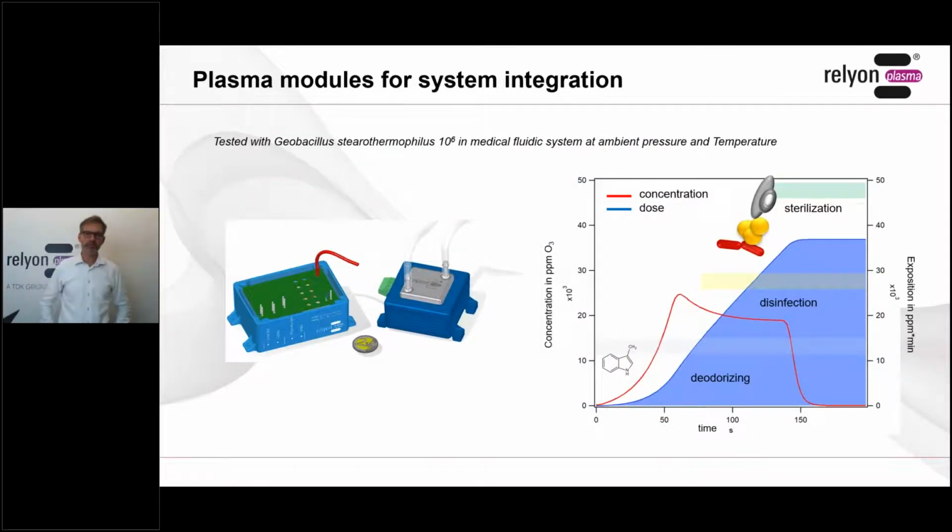Now let's come back to this medical application for integration into appliances. Here I show the hardware that has been tested in different fluidic systems, and of course then we don't have to choose the ones that are very sensitive, but we choose spores of much more resilient and robust species like Geobacillus, and we prepare the system internally with some concentrations